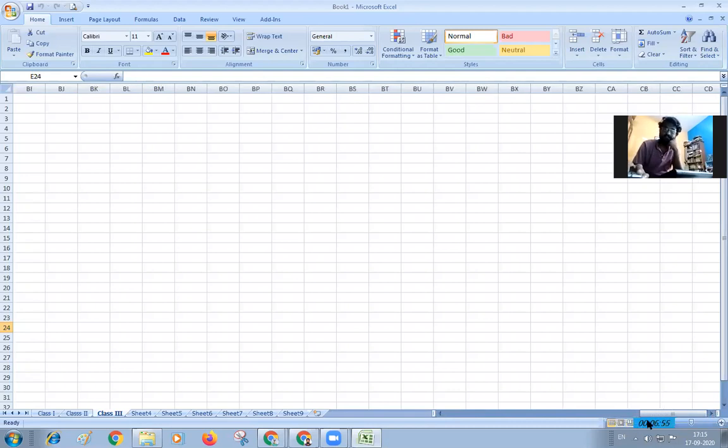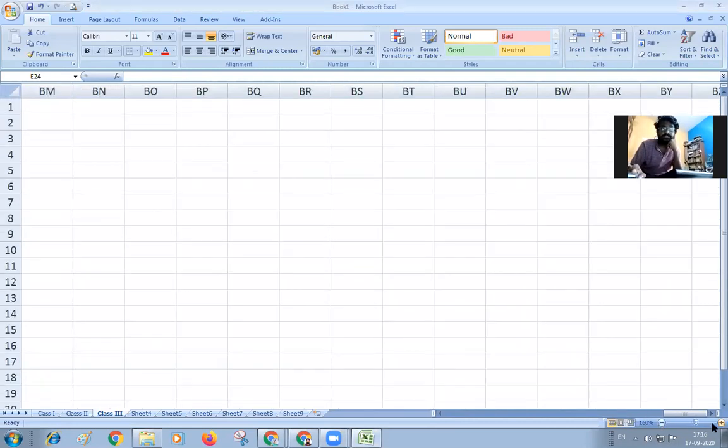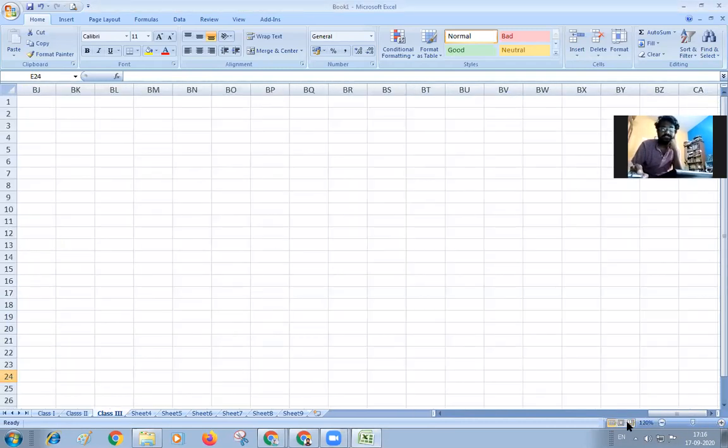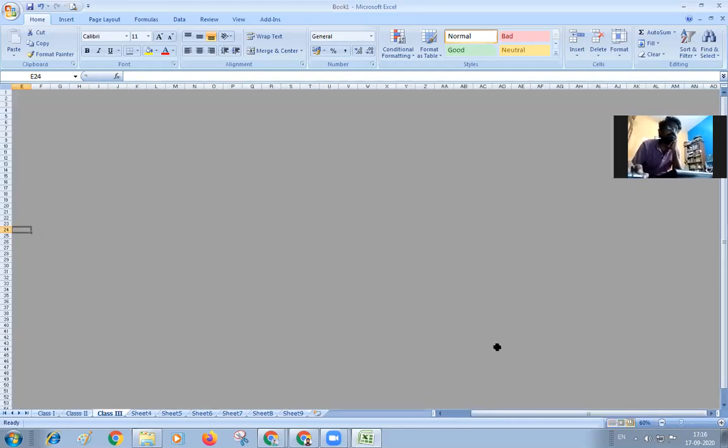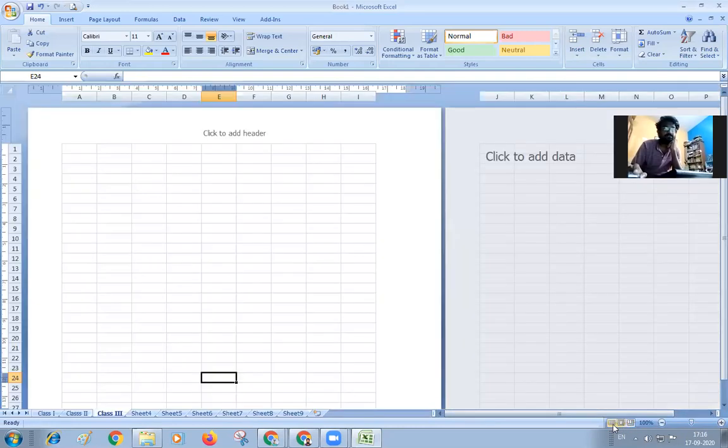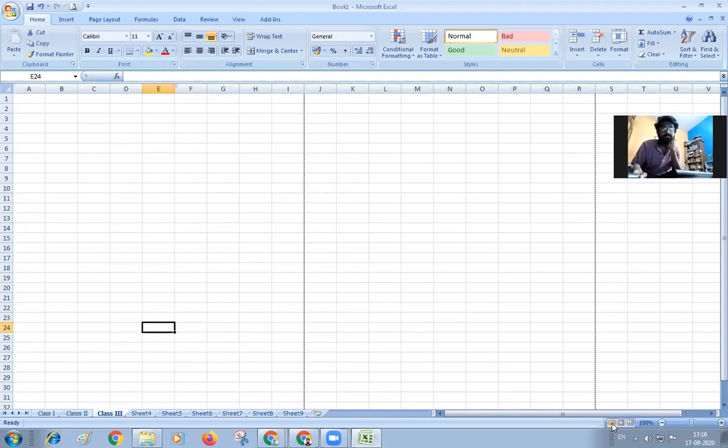And there is also an option called here. You can see this 100%, and you can zoom in and you can zoom out using these percentages. And this is how you use the print layout, print previews. How you are going to see this one without the margins. Without margins, if you want to do this, you can do this. If you want to see page wise, you can do this. And if you want to see a normal page, you can see it like this.